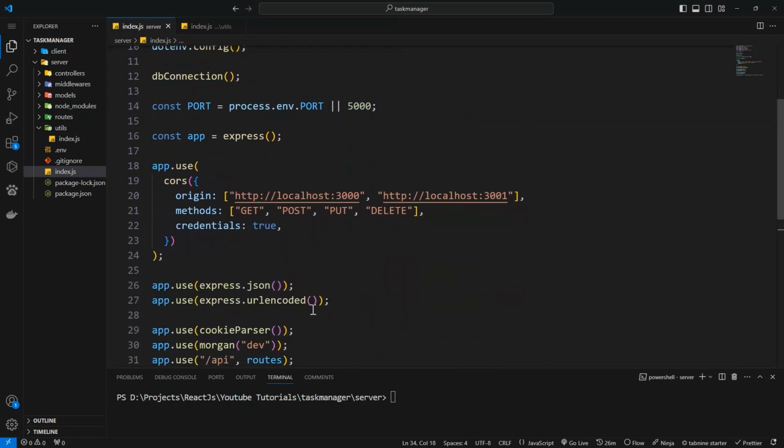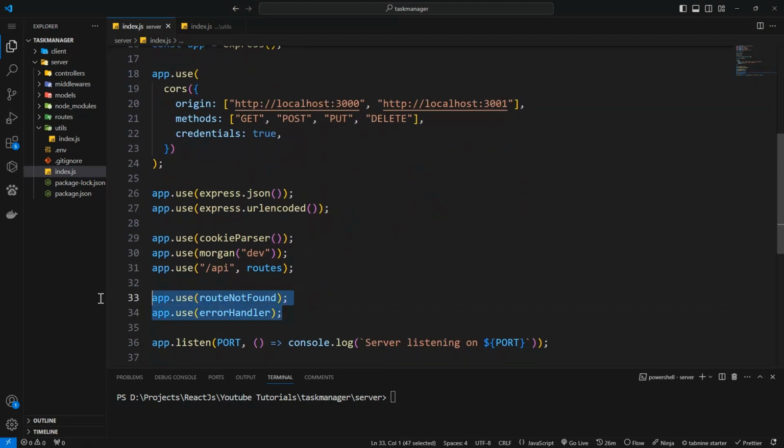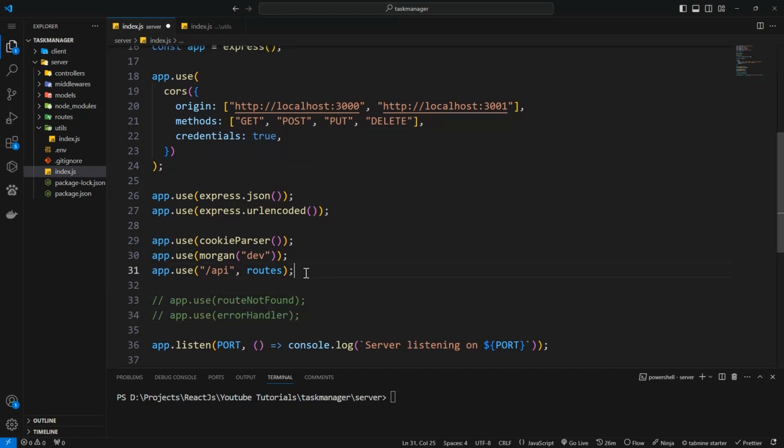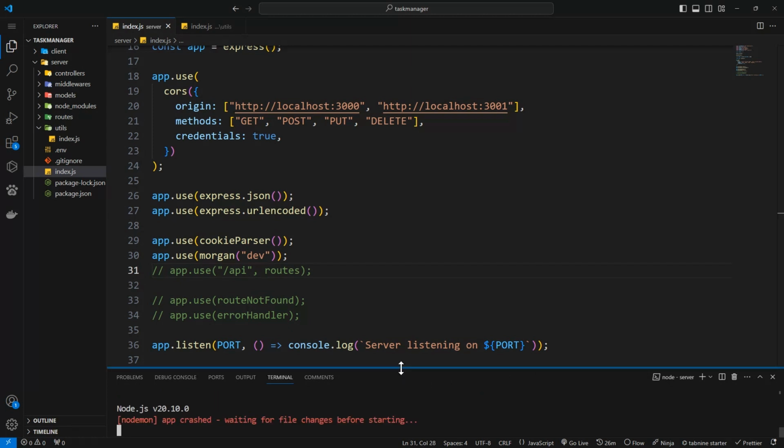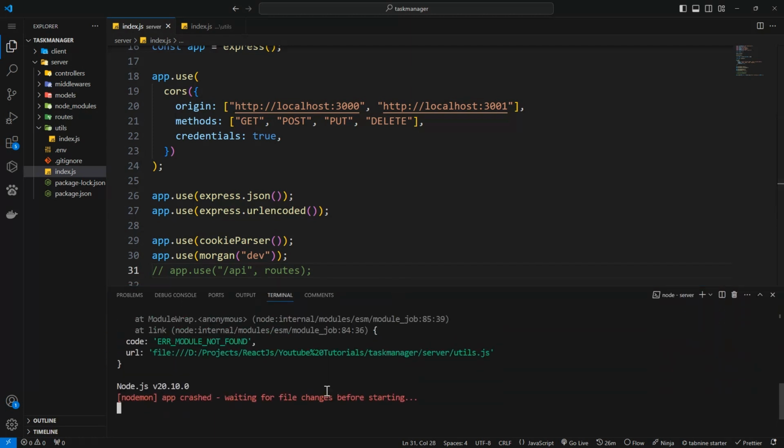So now before we start it, let's get these two handlers. Or we can comment them for now. Also comment on this, and start our app and see. Okay, so if you remember, you just say npm start and see if we'll be able to connect to our database. Okay, so we have an error, which is